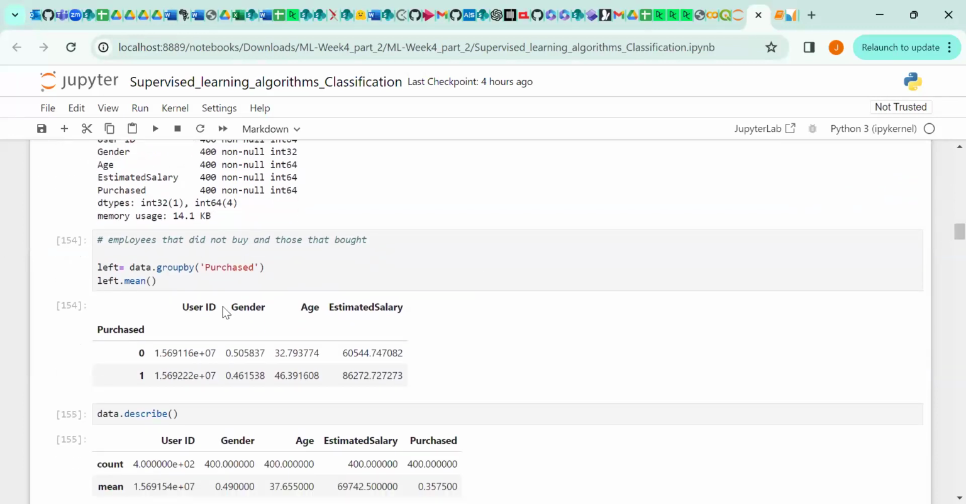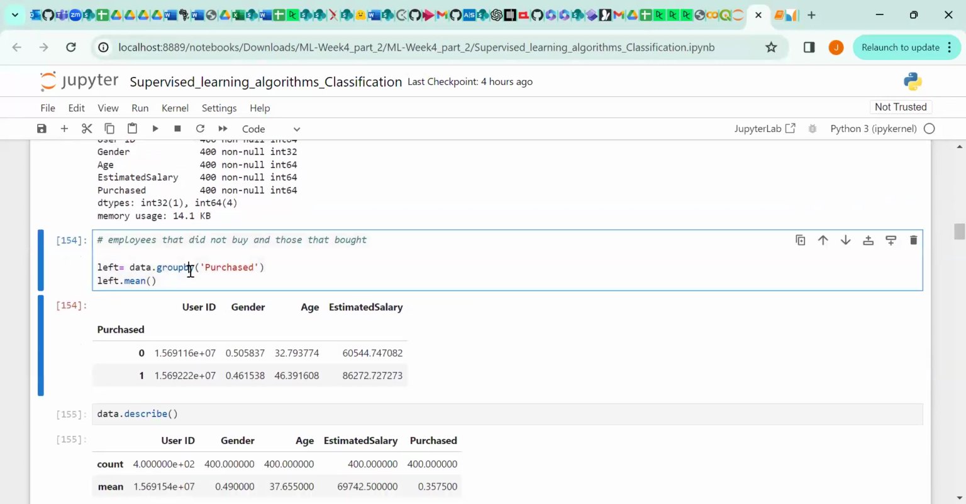Then we want to see employees that actually purchased a particular item and employees that did not purchase a particular item. So that is why we are grouping by purchase. So we are grouping our data to see which employees